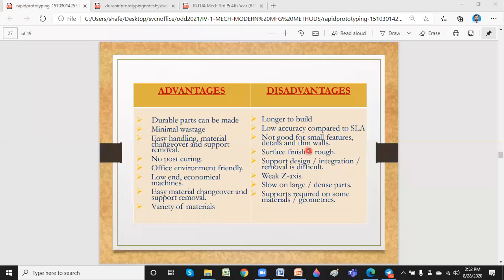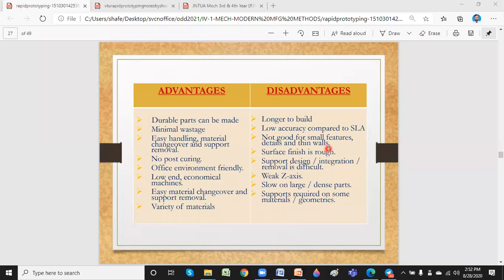And what are the disadvantages? As I said, it's only 0.15 mm minimum thickness that forms as a layer by layer. It takes a lot of time to produce a single prototype model. It also has low accuracy; as I said, SLA produces a very accurate model compared to FDM, because FDM produces a rough model. So it's not good for small features, details, and thin walls.